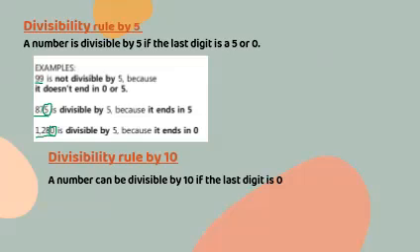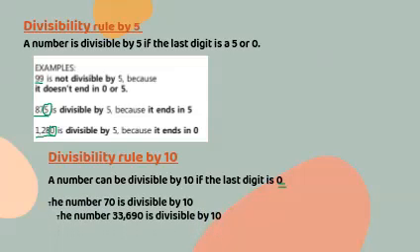So this number is divisible by 5 because it ends in 0. Now how can I check the divisibility by 10, which is the easiest one ever? All the numbers that are divisible by 10 end in a 0. So for example, the number 70 is divisible by 10 because the ones digit is 0. And 33,690 is also divisible by 10 because it